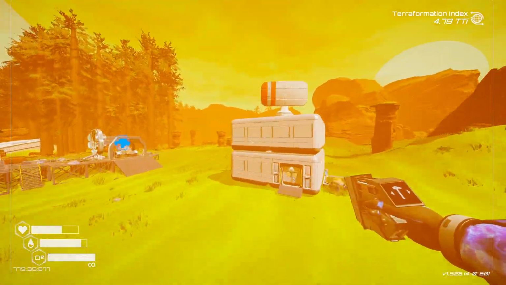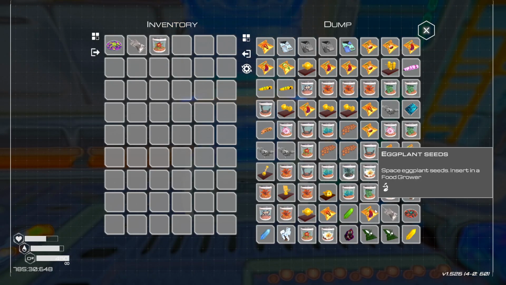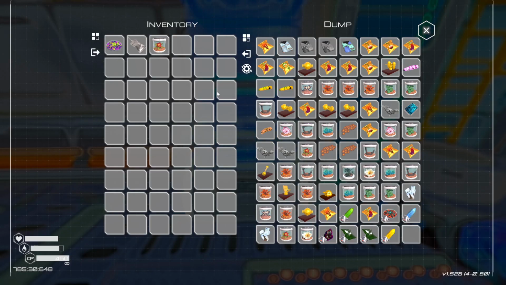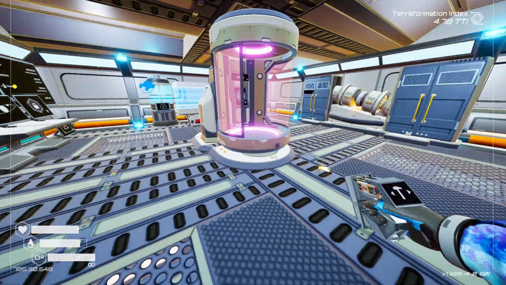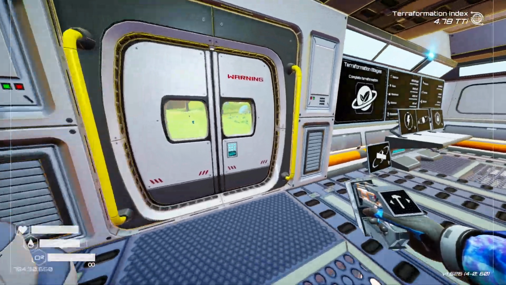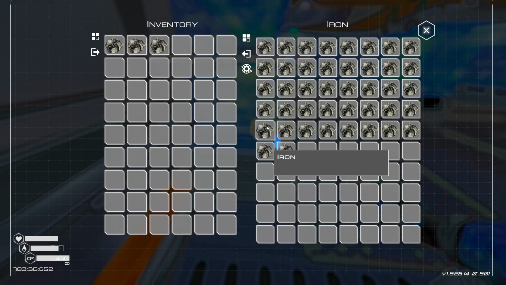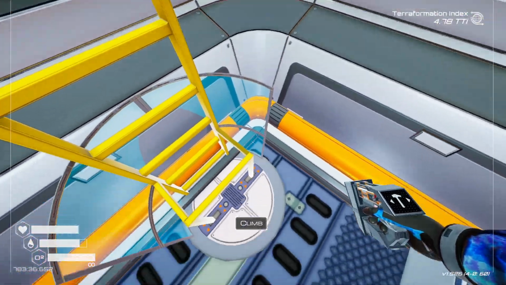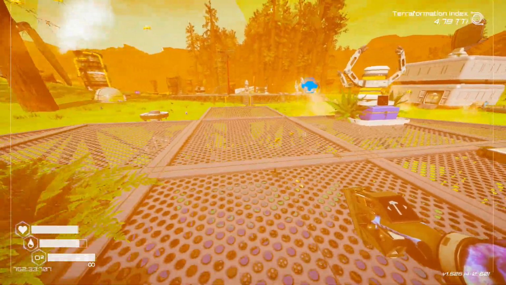Tons of inventory space. Good. Okay. We also need overflow. I don't have a shredder anywhere in the game, I don't think. Maybe on Selenea. I don't remember. So, what if...